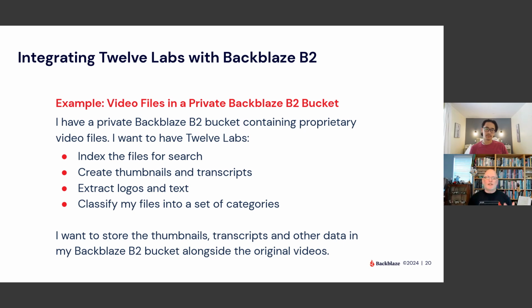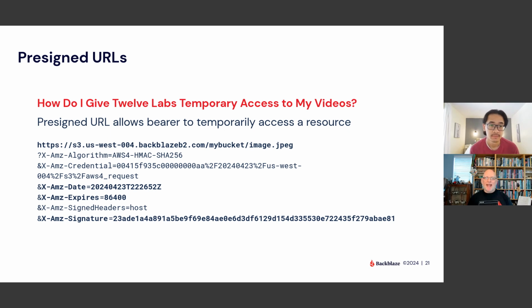So for thumbnails, it's pretty obvious. We want to render a page of thumbnails, one for each video that we're storing. Now, there's a key concept that we use with Backblaze B2 for this kind of application, and it's called a pre-signed URL. In fact, the 12 Labs API uses this as well when it hands you back links to resources such as thumbnail images. And these are quite useful to understand what's happening here.